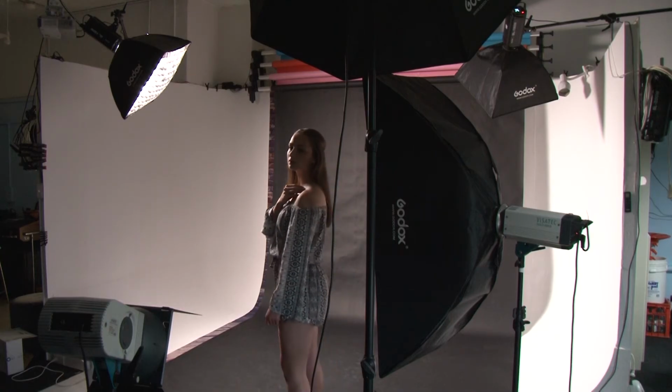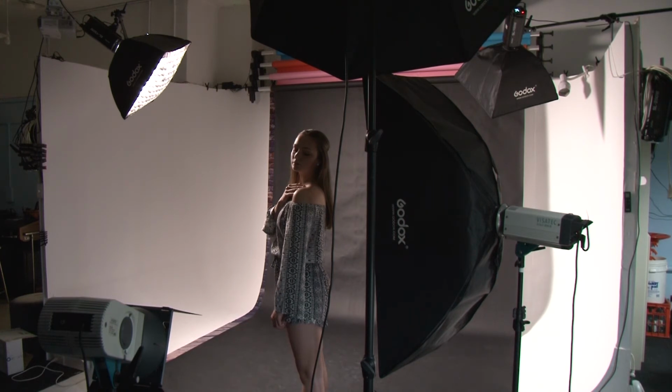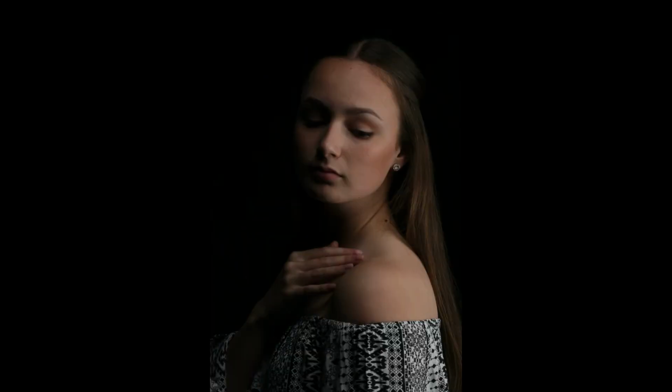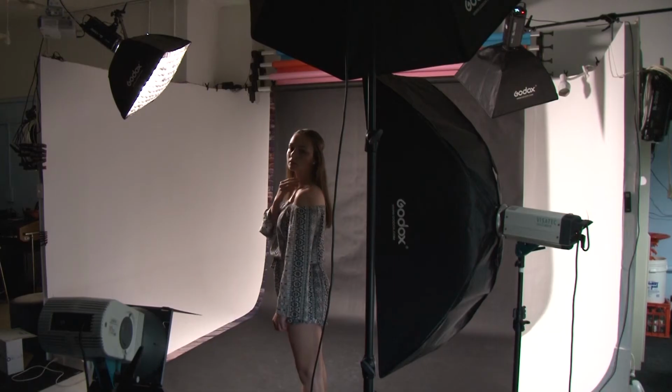Probably repeating a few looks here now, but we'll go against the light and let's see what comes around. So I've basically asked her to start into the light and face away from the light, and we'll see what we get. Now that she's actually standing in the light, as you can see, the light's pushing around a little bit more, so you're getting a little bit more clarity in the dark side,